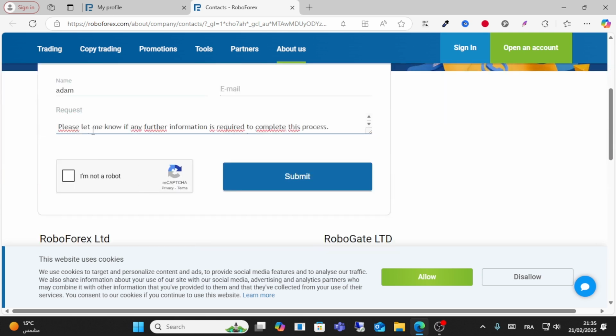And this is my request, guys: Dear RoboForex support, I hope this message finds you well. I would like to request to delete my RoboForex account associated with this email address. Right here, your email address. After that, guys, scroll down. Please let me know